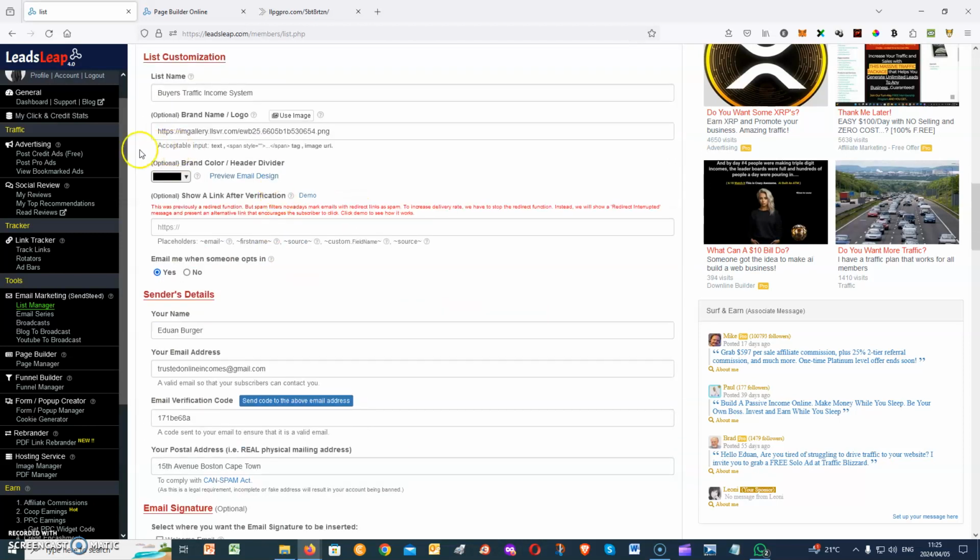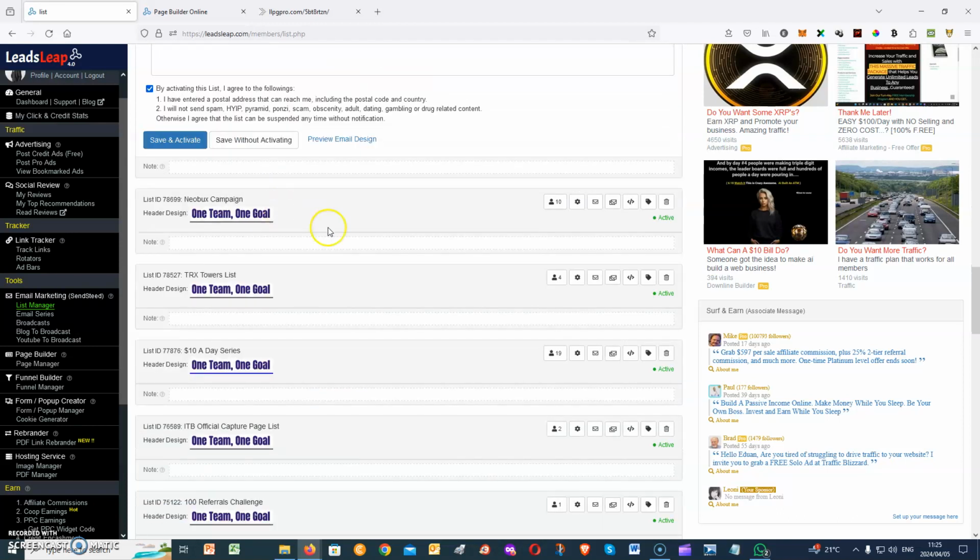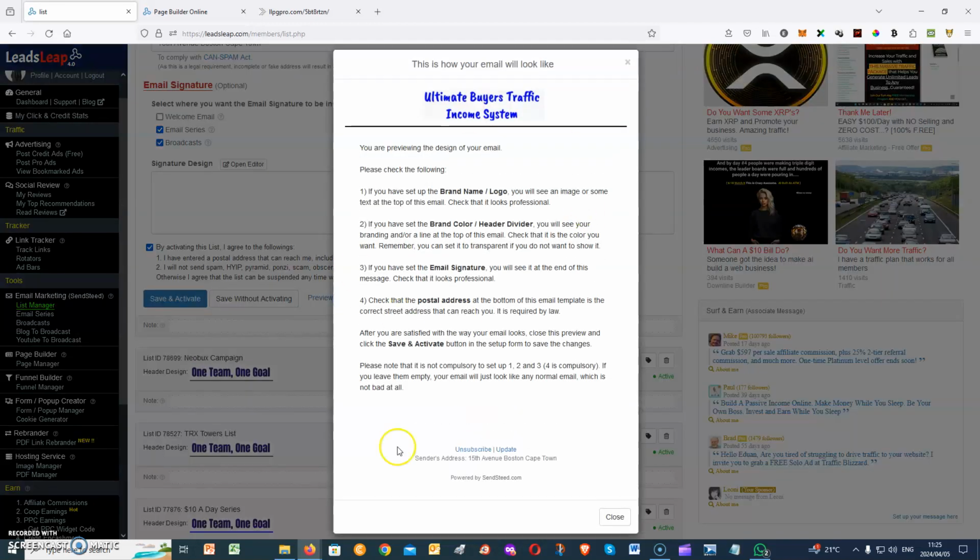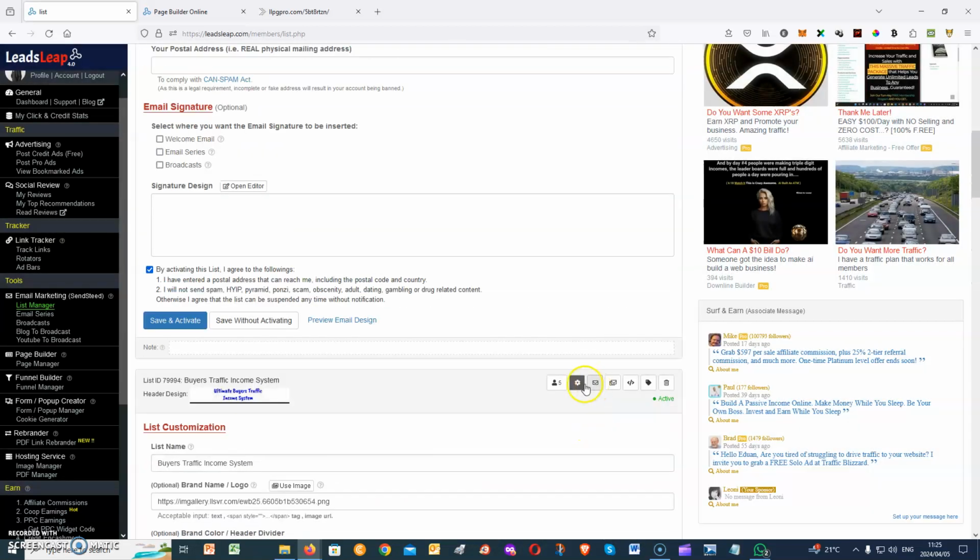Yeah, I've added the image. You can choose the brand color. Click on preview design and you can see how this design looks. So once this is activated, guys, what you can then go ahead and do,